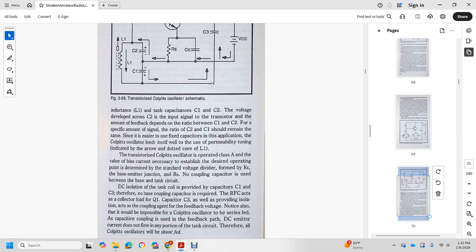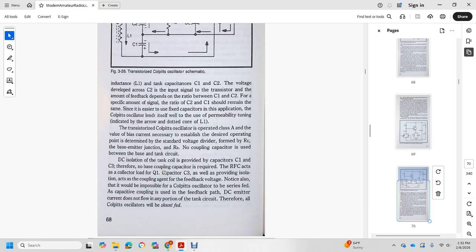The oscillator lends itself well to permeability tuning, indicated by the adjustable core of inductor 1. The transistor Colpitts oscillator is operated class A, with the value of the base bias resistors established for the desired operating point. The same voltage divider forms with a resistor in the emitter and the base-emitter junction with a bias resistor, with no coupling capacitor between the base and the tank circuit. DC isolation of the tank circuit is provided by capacitors 1 and 3, therefore there is no base coupling capacitor, and the RFC